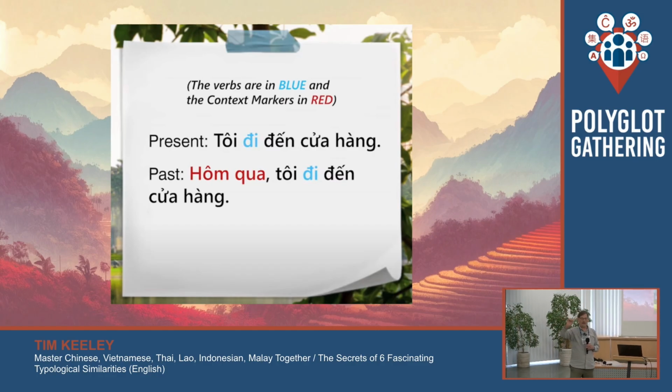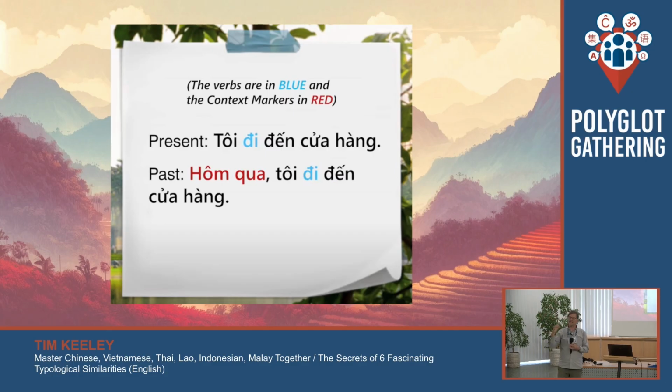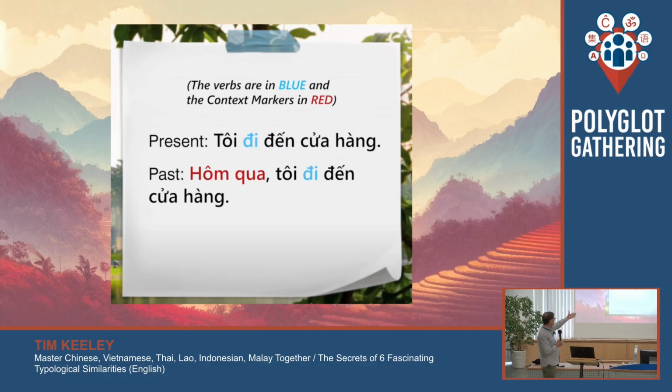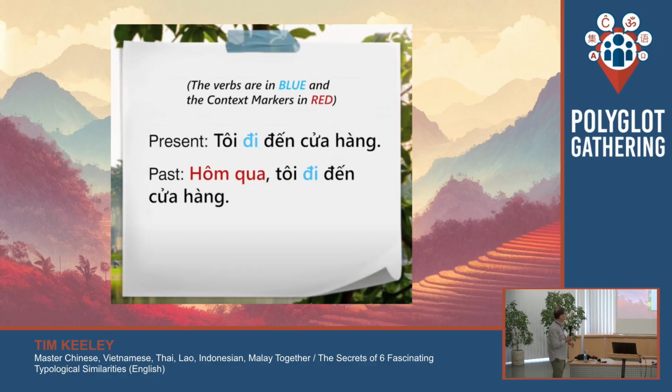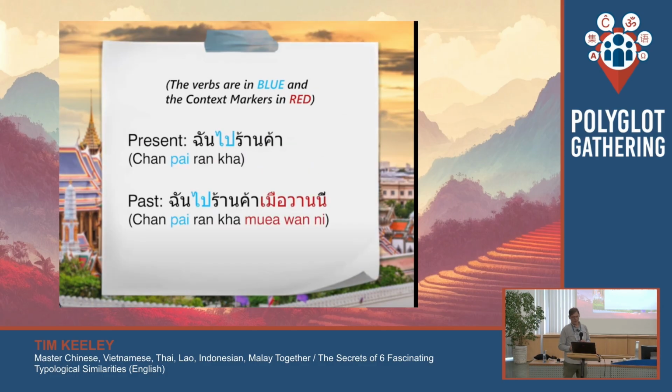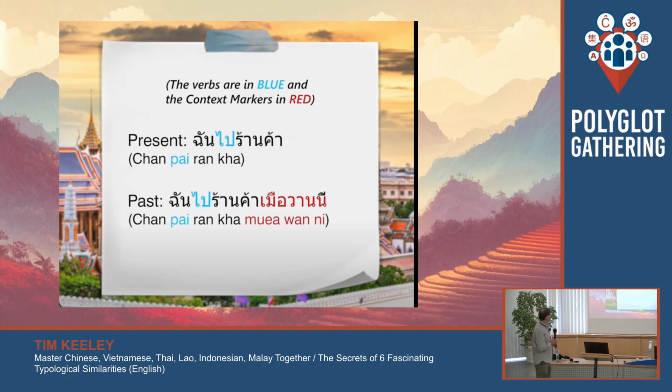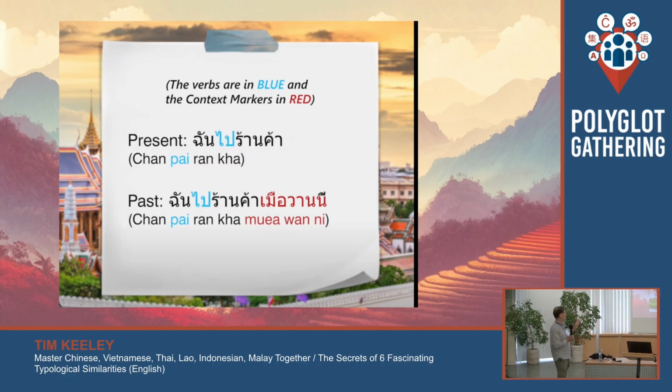So, of course, now, Vietnamese and Chinese not only have the same type of structure, they, just like Korean and Japanese, 50 to 60% of total vocabulary is of Sino origin. Okay, so here we have the same situation where đi is the verb. Hôm qua, so yesterday. Hôm qua tôi đi cửa hàng. And then for Thai, we had the verb bai here, and then mûa wan née being yesterday.